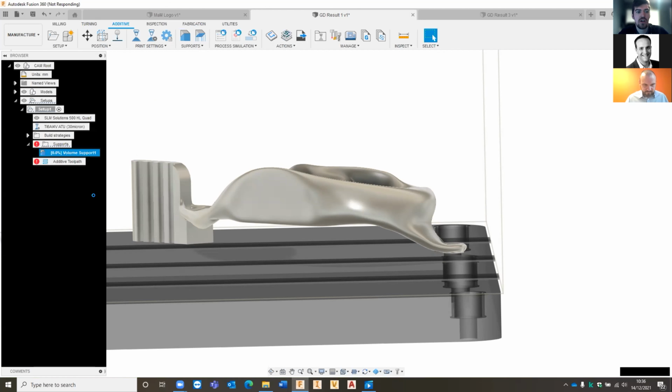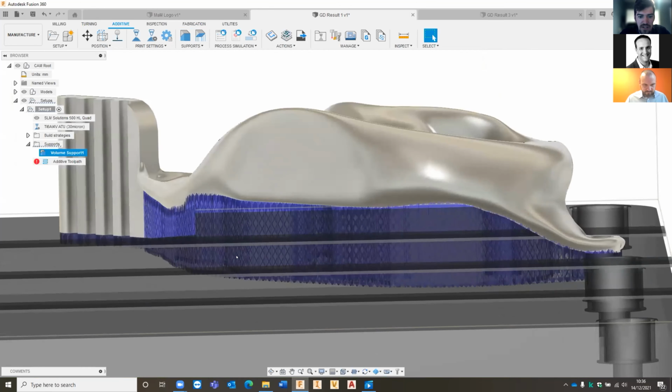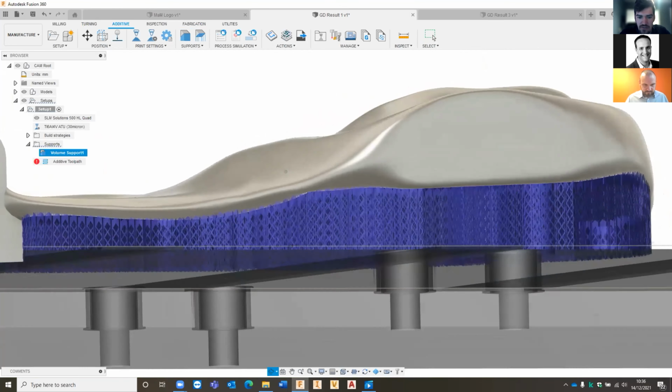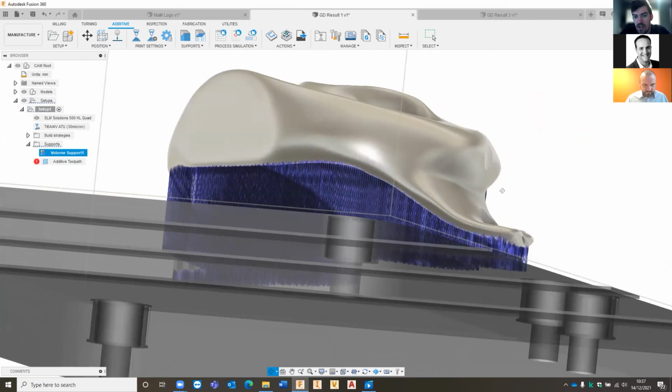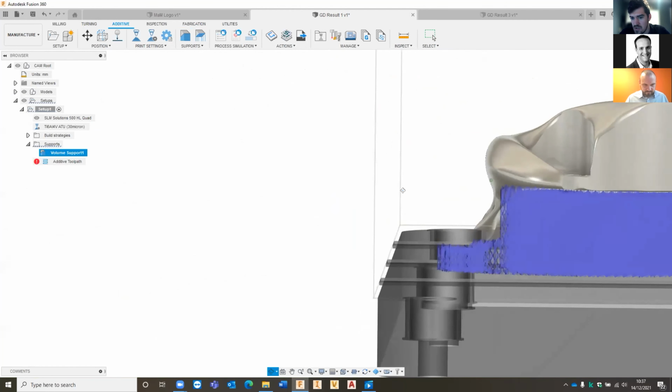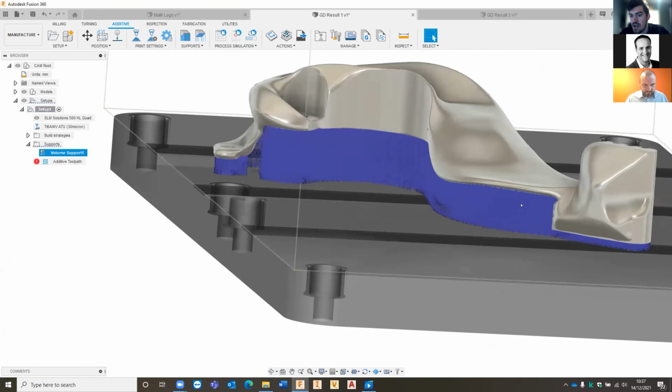the entire support. But essentially what this is now going to do in the background, there you go, quite a few seconds for that one actually, is analyze the geometry of your part, analyze the bed of the machine itself, and then just connect those points with support. So you can see how it's taken to those curves really well. We can see it pretty much all the way around, except for maybe this little gap over here